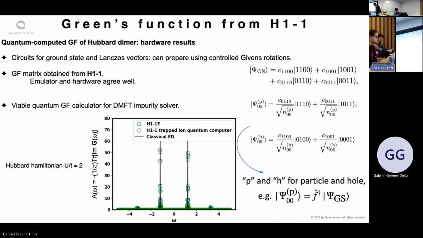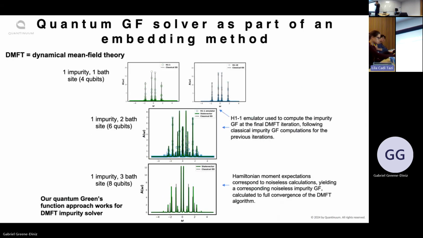So we were seeing errors like that, but the excitation energies themselves are quite good. And you can use this in DMFT as well. So here we use that Green's function calculator inside the impurity solver block of the DMFT routine. I'm not sure if people are familiar with dynamical mean field theory here, but basically what you have is you